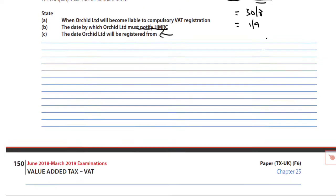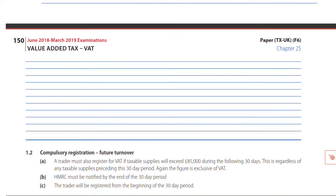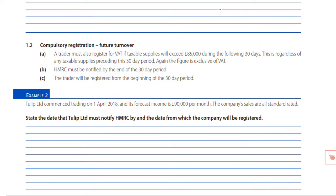But as we'll now see, moving on to looking again at compulsory registration, but here in section 1.2, we now have a future turnover test. Again, it's linked to the £85,000 compulsory VAT registration limit. But what we're now looking at is not going back in time, but looking literally at what's going to happen during the following 30 days. So if a trader